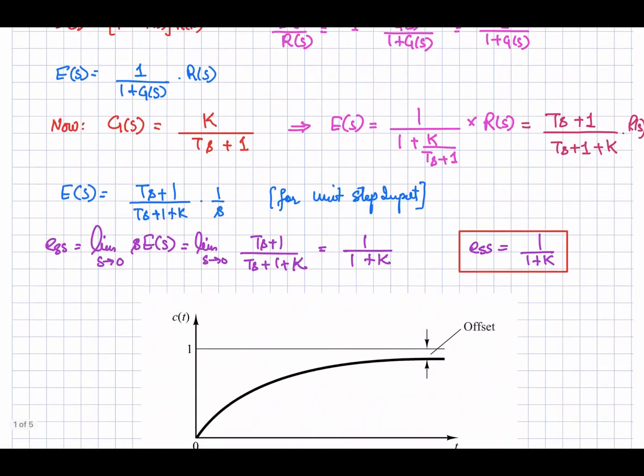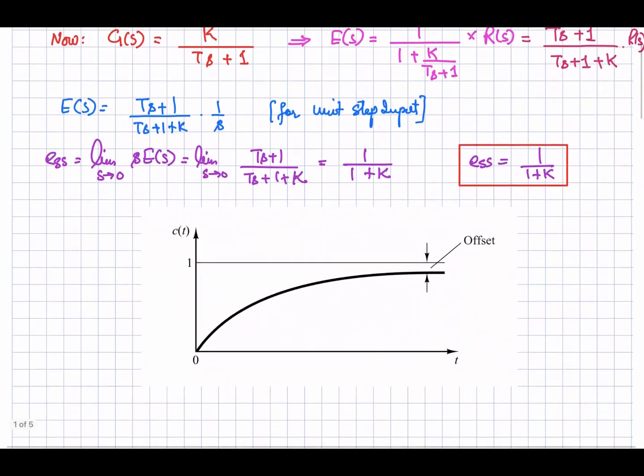Now if we evaluate the steady state error, the steady state error, as we discussed in the previous videos, is equal to limit s approaching 0 of s into E(s). So s into this transfer function, so s and s will be cancelled out, we are left with this part. And if we apply the limit that s is approaching 0, this term will become 0, so we are left with that one. So steady state error is equal to 1 by K.